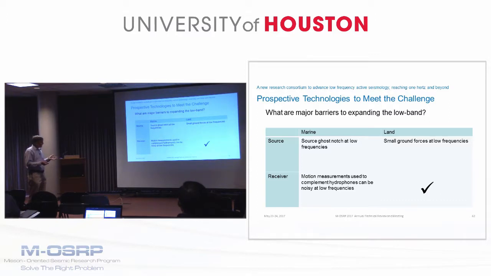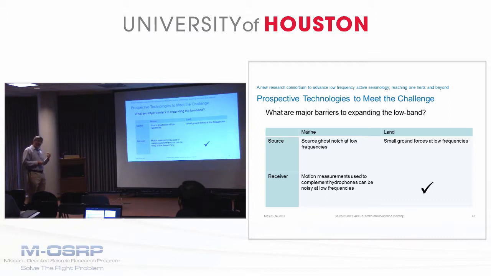So when we started this project back at URC, my colleagues and I just kind of mapped out what were the key issues in source, receiver, land, and marine environments. And as we mentioned before, for land sources, you got very low force output. You have the same thing in marine, but in addition, you've got a source ghost notch at low frequencies to deal with. And then on the receiver side, really the main issue